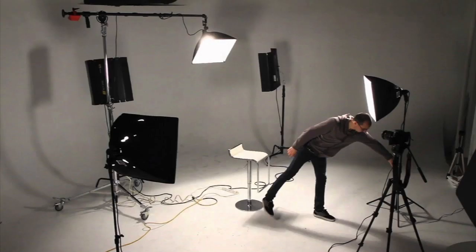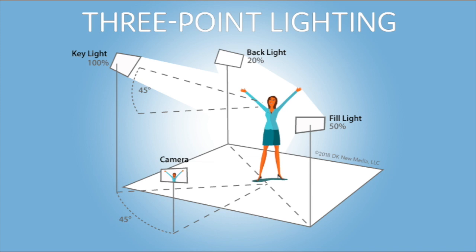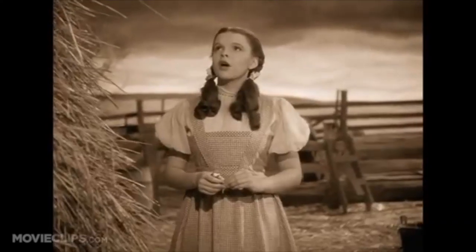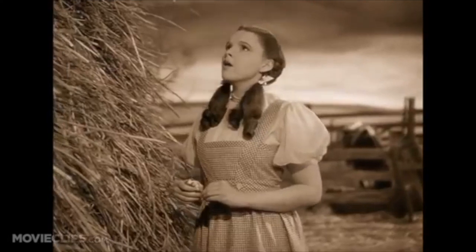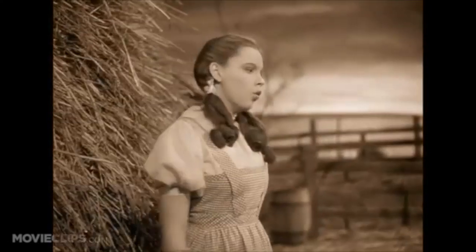The three-point lighting system was the final lighting system used in this film. Three-point lighting uses three primary sources of light to create a three-dimensional appearance with soft shadows and a backlight placed behind the subject and aimed at its back to create a rim of light that separates it from the background. A good example of this is in the scene where Dorothy sings the famous song,